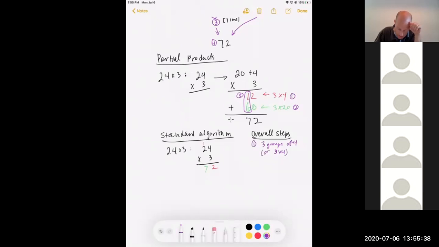Then we make that 12. And so when we're doing this, we record the 2, sorry, we record the 2 from the 1s because there's no more 1s going to be made, and save, since it's 12, the 1 ten from the 12